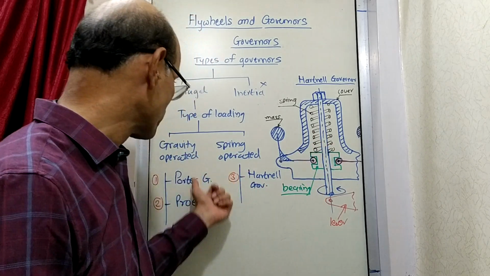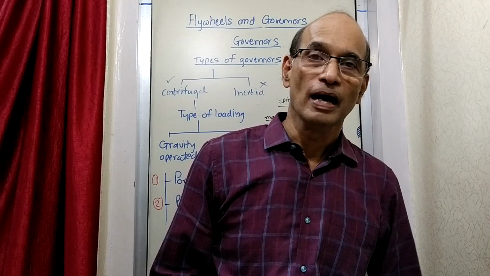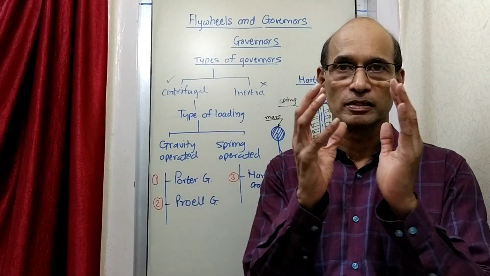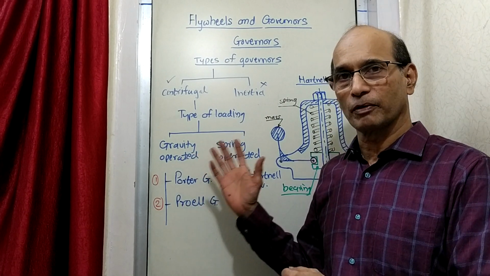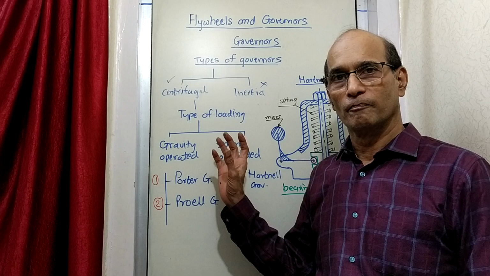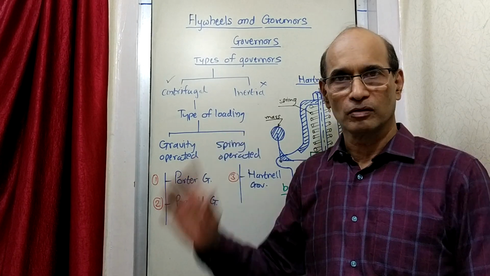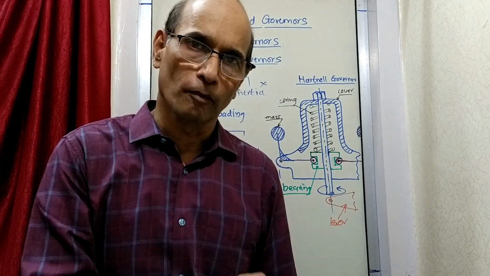So we have learned three types of governors, and before that we saw what a governor is all about as a unit, as a device, as equipment, what it does. It does the function of adjusting the fuel energy as per the need of the load for a prime mover like an engine. Okay, so jot this down, draw this figure, then we will take up the next topic.